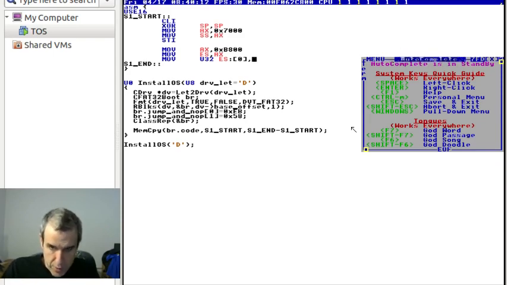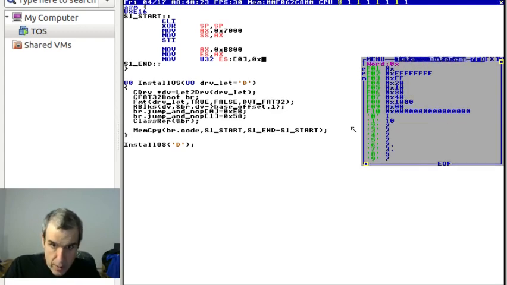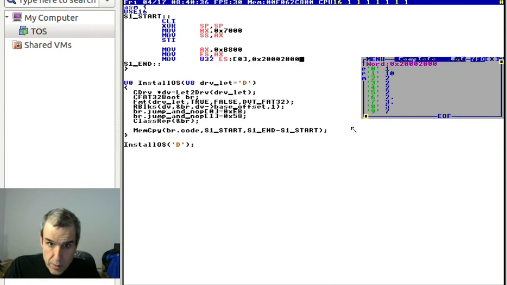Let's put OS. We're writing to the text memory. The text memory is, let's go ahead and, 200000. We're getting weird delays. Plus